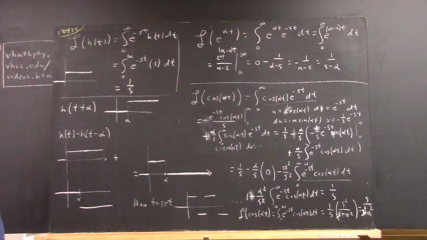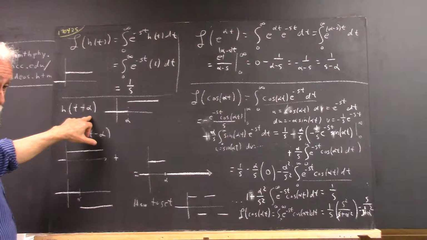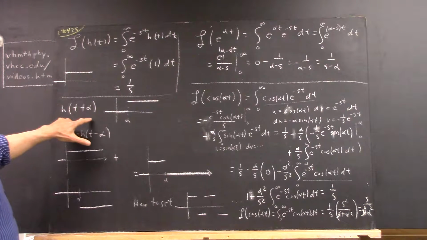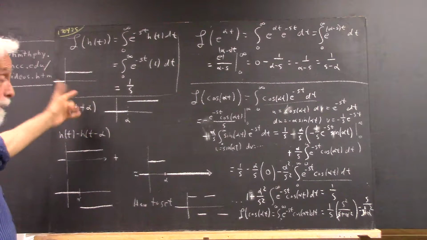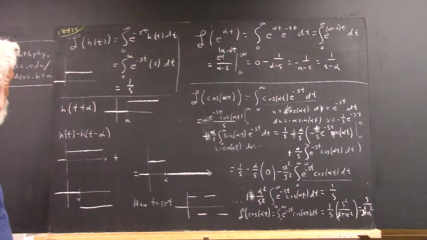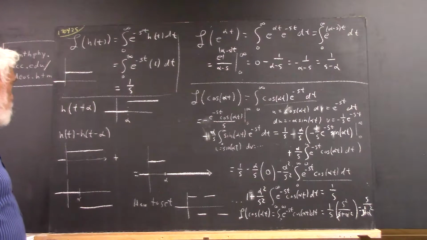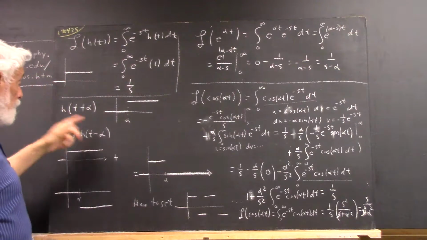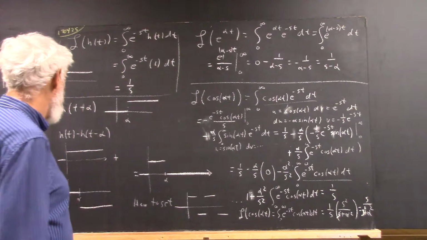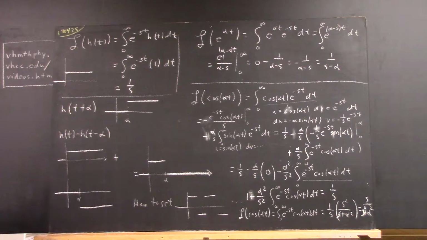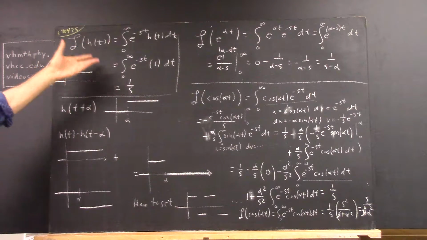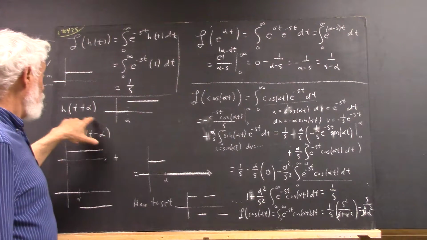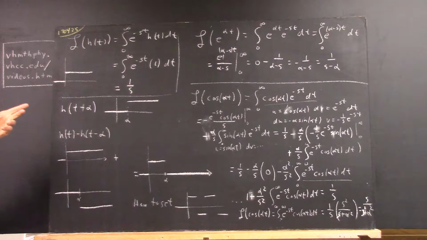Heaviside function applied to t minus alpha. Now, what's Heaviside function of t minus alpha? Well, you need to understand that this is just the Heaviside function horizontally shifted alpha units. Now you might then ask yourself, well, what's the Laplace transform of the Heaviside function of t minus alpha? Okay, well then,